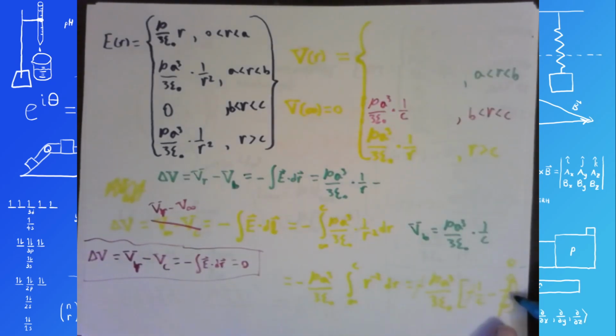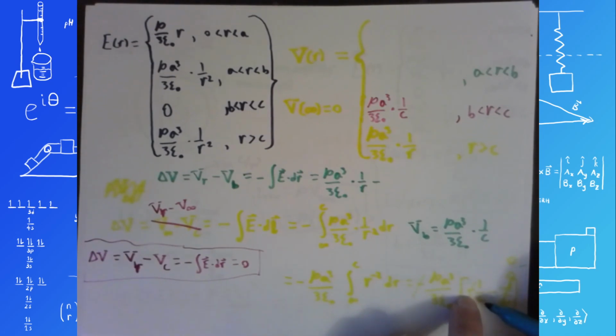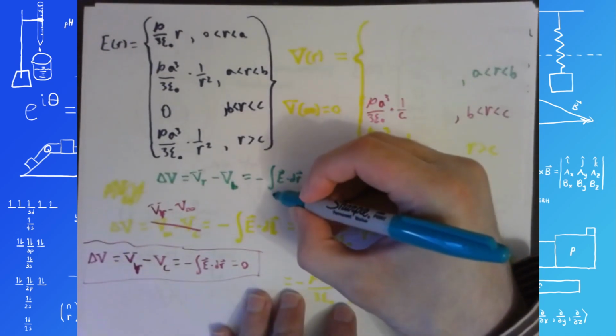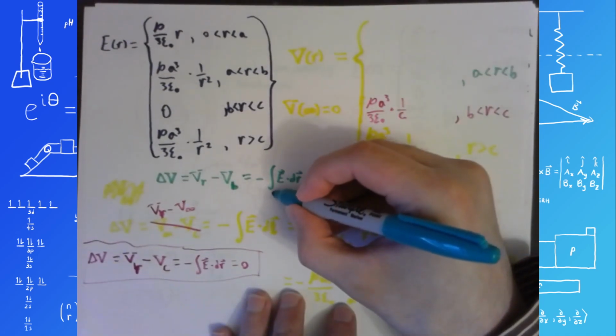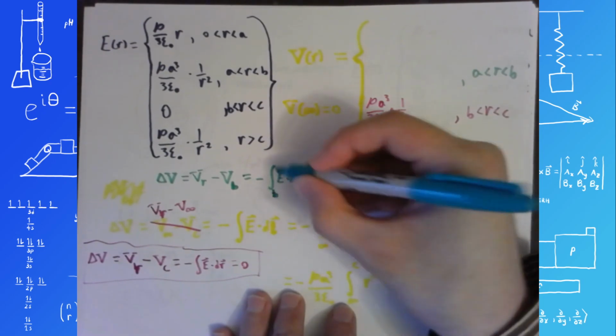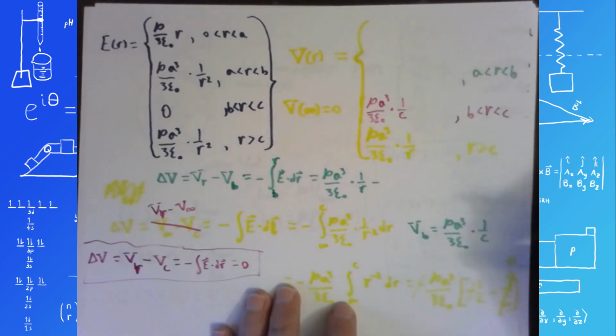So this would have been 1 over r because the integration bounds would have been from B to r, and then